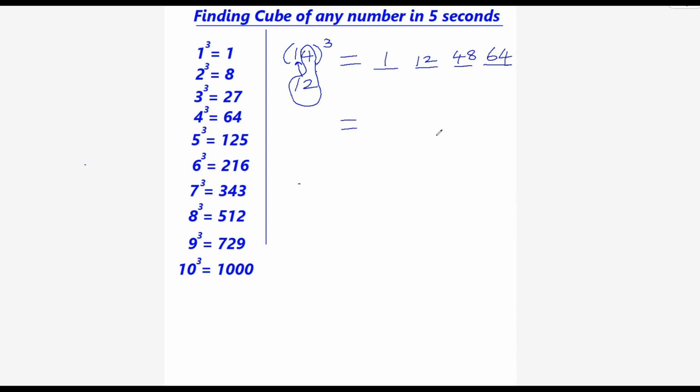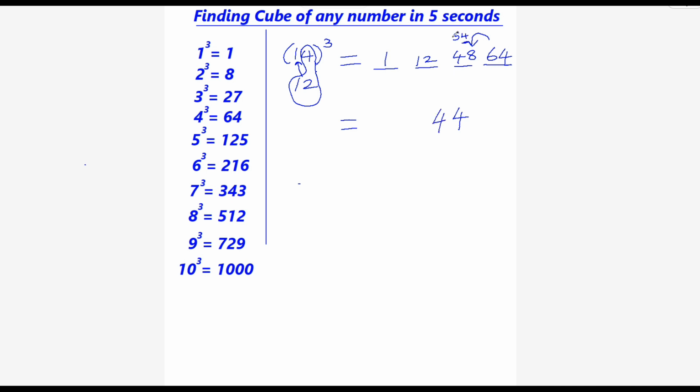Now, to get the final answer, concentrate only on the units place. Write them one by one. Here, in this case, 4 is the units place. Write that down and be left with 6. Carry forward to the next place. 48 plus 6 is 54. Again, just write the unit place.